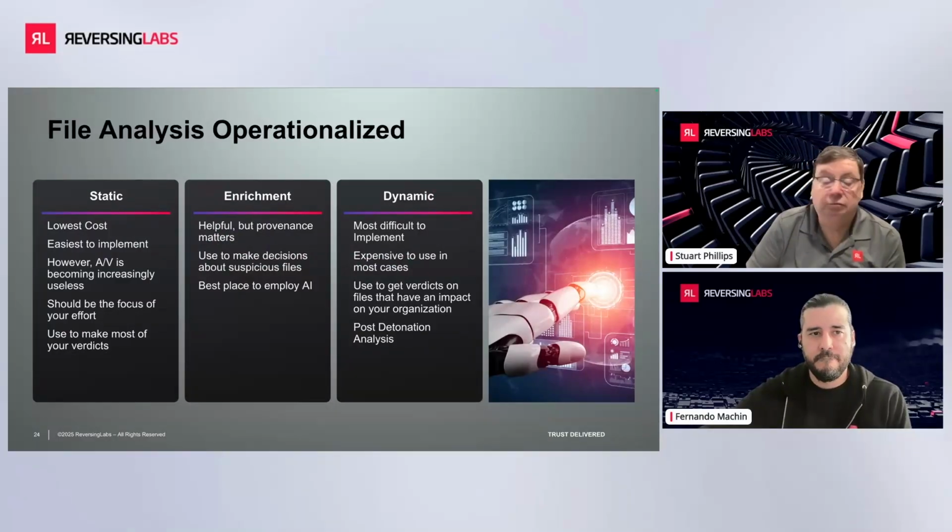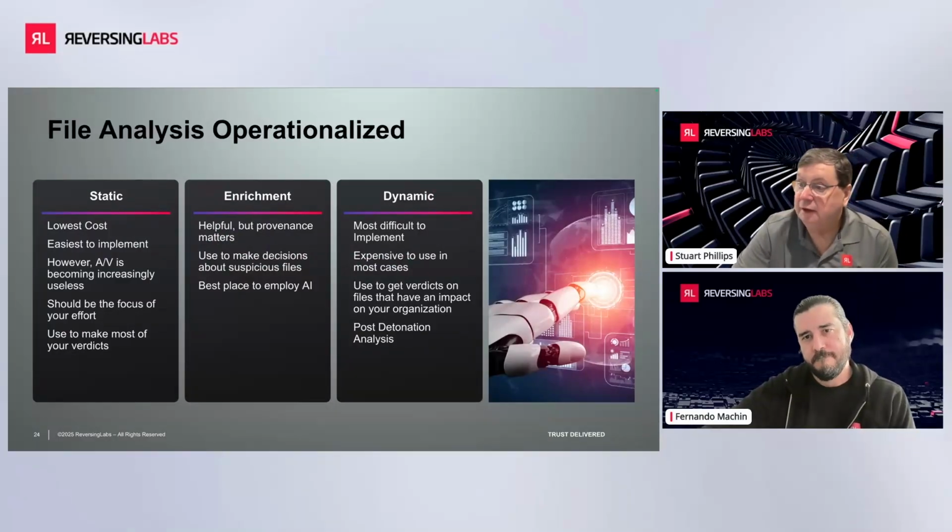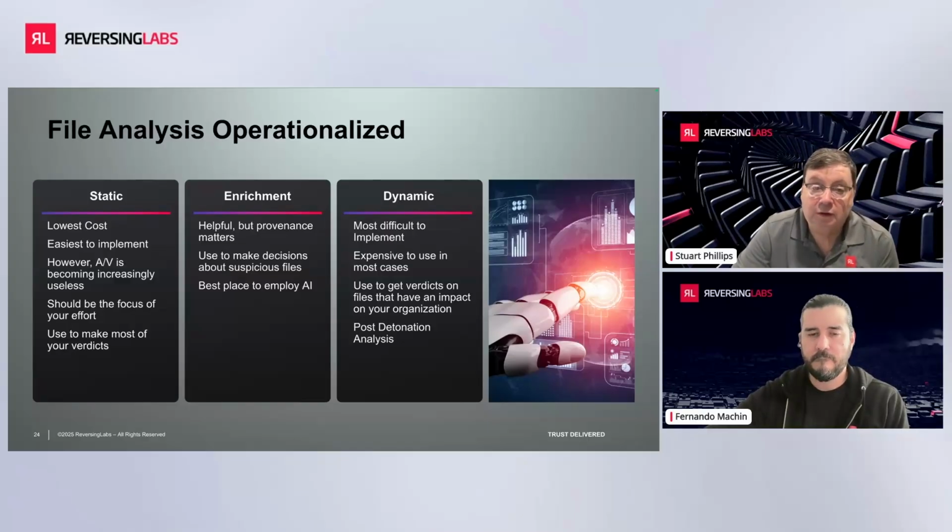So again, coming back to a conclusion: static, enrichment, dynamic. Absolutely should be doing all three of them. They have different places. Static is something that has the lowest cost and is easier to implement. Again, you should make sure that you have very strong binary analysis going on. Enrichment enables you to make decisions about suspicious files. It's a great place to employ AI. If you're using AI tools, it's one of those things where you can start using AI to gather information. Honestly, I see SOC operators still typing whois space domain name into a terminal prompt.